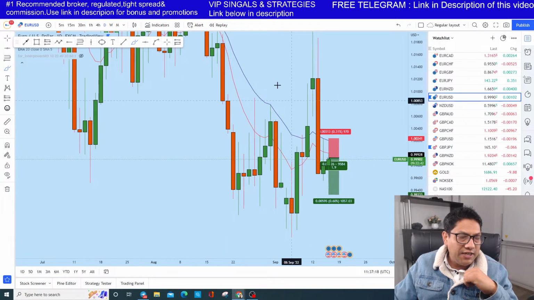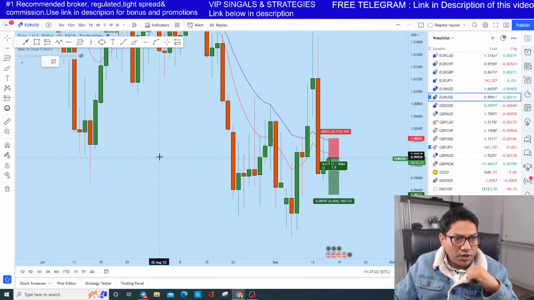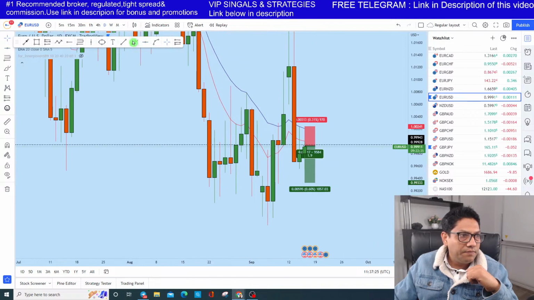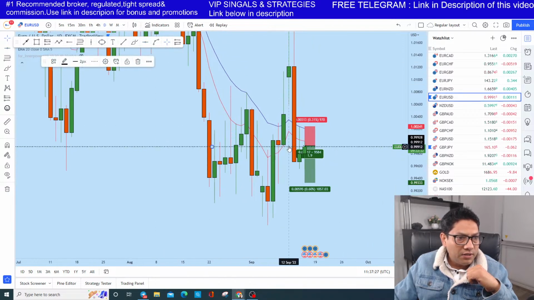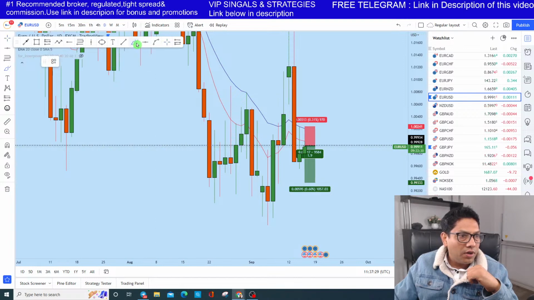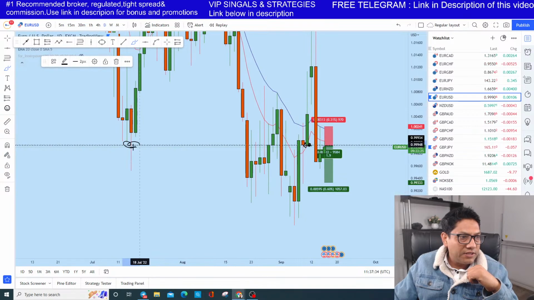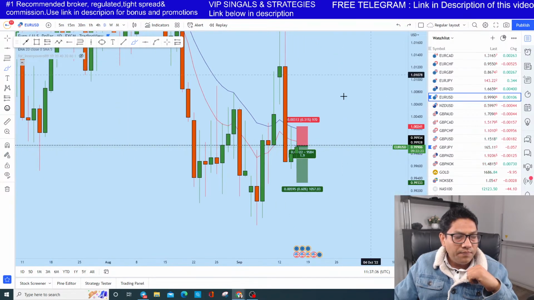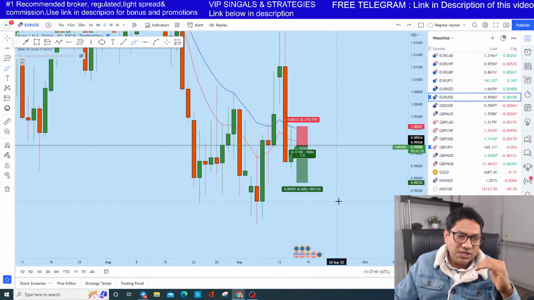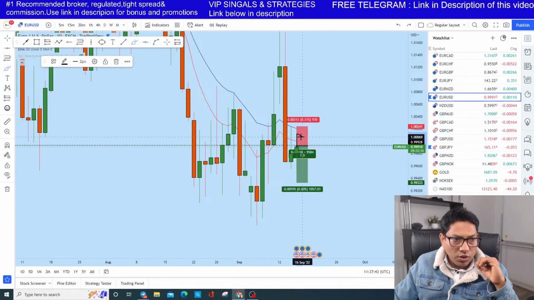So there is a daily resistance here. You can see that it's a very important daily resistance. This is the support acting on the daily time frame. The same level here acted as a support, and now the same level here is acting as a resistance. What I think is that after going up, we might see some spike to the upside, and then I sincerely believe that EURUSD will continue to drop.